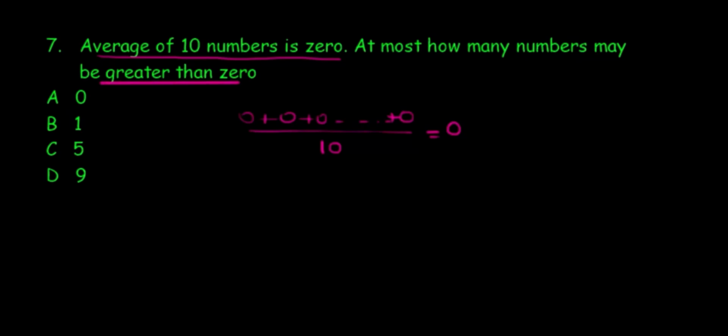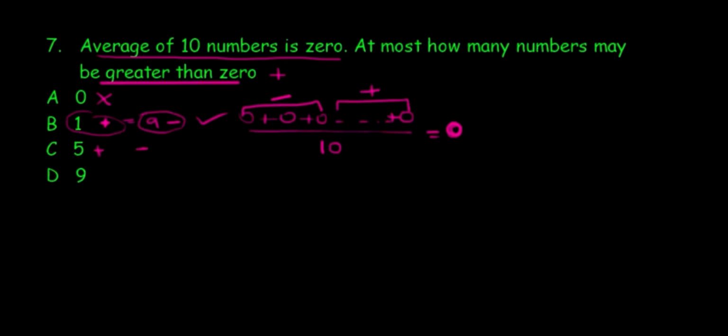We have zero positive values. We're looking for greater than 0. That means positive value. We have no positive value. That's not possible because at the end the average should be 0. That means some of the values are positive and some of the values are negative. Maybe one of the values is positive and 9 of them are negative. Yes, it is possible as long as the sum of the positive values and the sum of the negative values are equal to each other, because when you add them you should get 0.